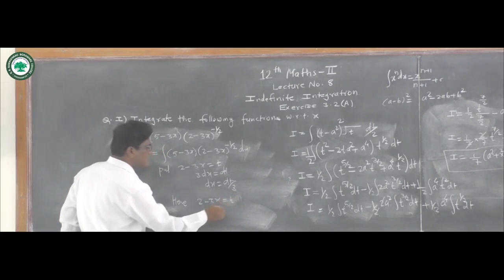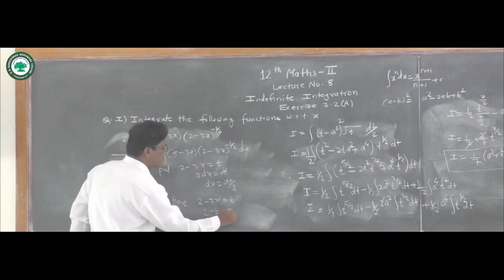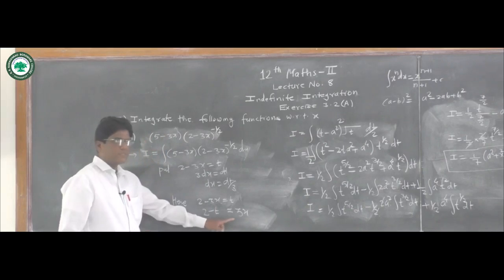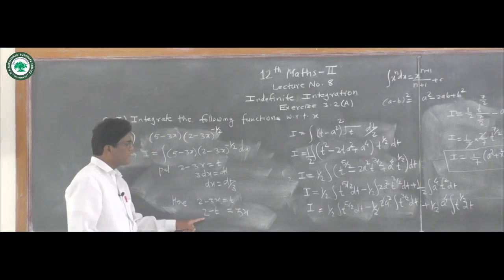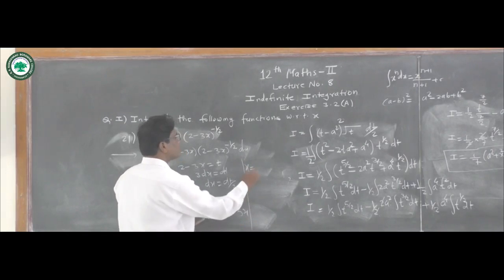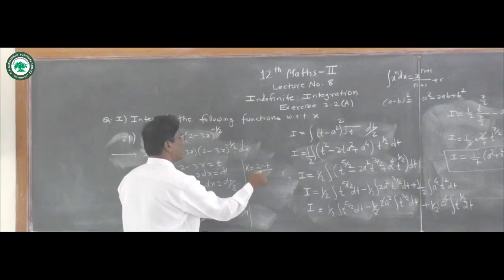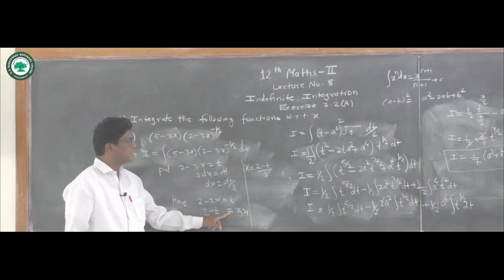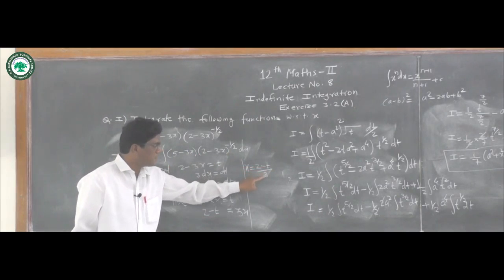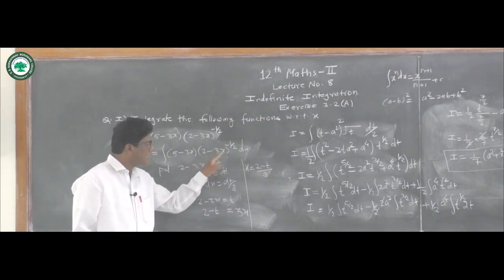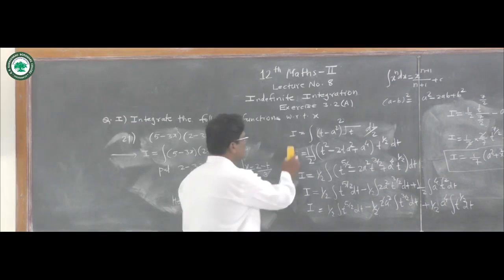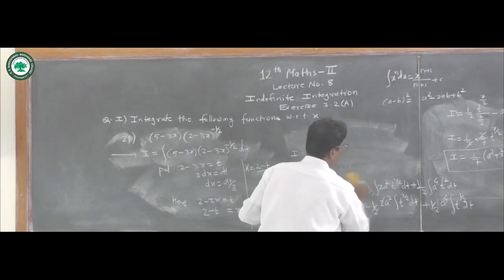So 2 carry this t, so 2 minus t is equal to plus 3x. And from this now x is, carry this 3, we get x is equal to 2 minus t upon 3. This is the value of x. So here we put x as 2 minus t upon 3 and this bracket as t and we solve the given problem. So I is equal to, this required integral I becomes